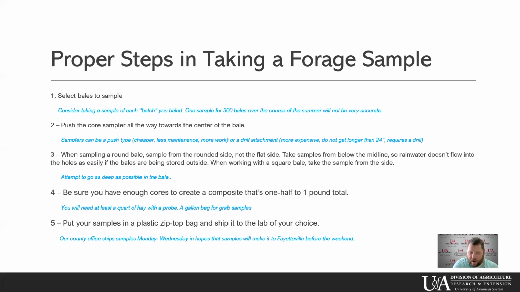If you have square bales, make sure that you do those from the sides and not from the ends. And number 4 talks about making sure that you have enough cores to create a composite that's 1/2 to 1 pound, okay? And number 5, I just say put all those in a Ziploc bag and bring it to